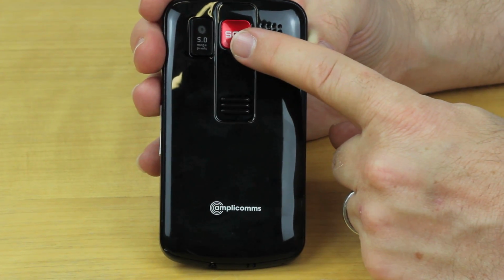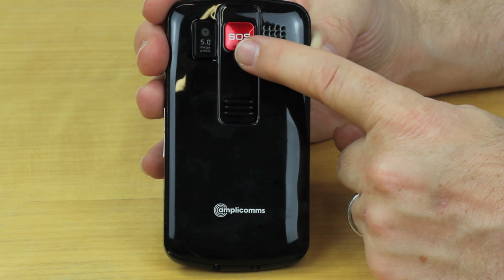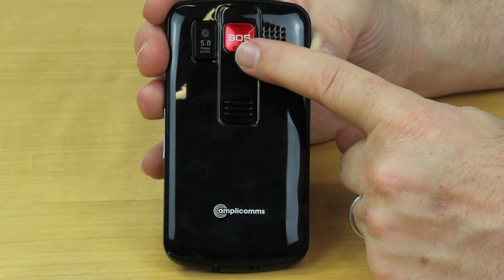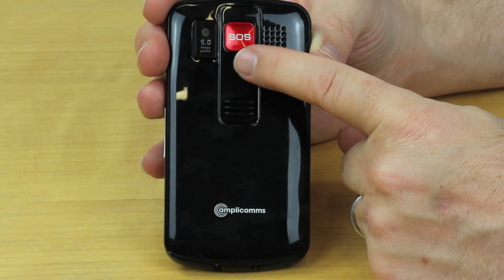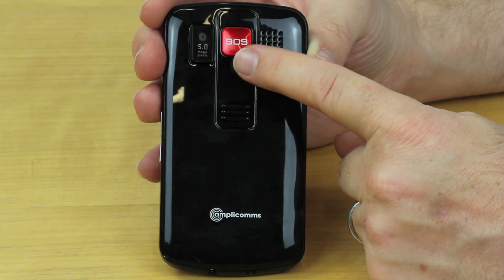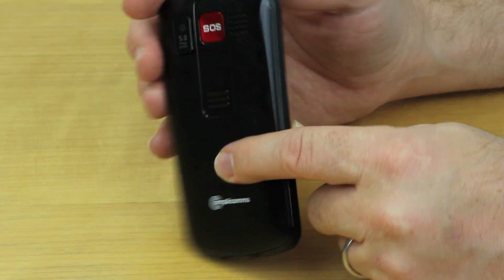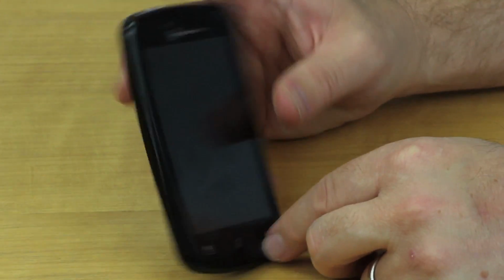This SOS button is designed, when pressed, to contact a pre-recorded and a pre-listed collection of names and numbers, and plays a message to suggest that the owner of this phone is in requirement or in need of some emergency help. So if we now actually have a look at the phone itself